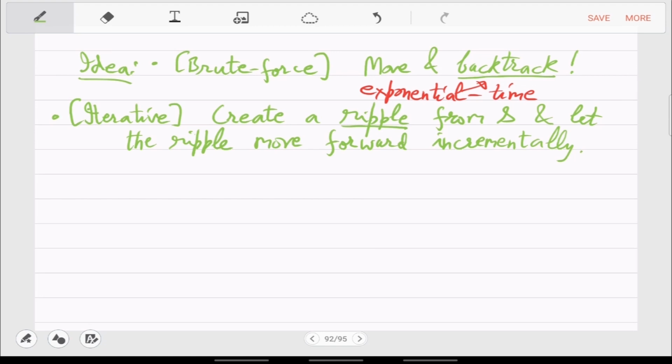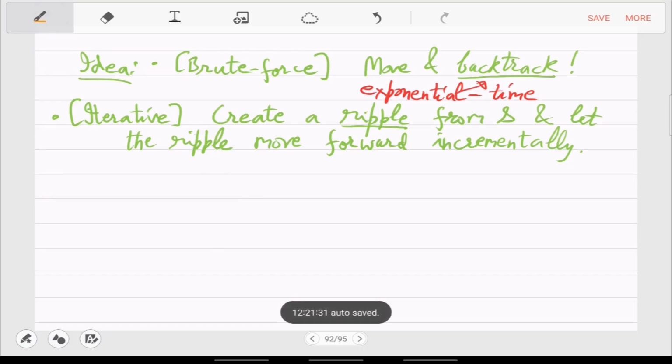This ripple idea means that S is your center, say in water or in a lake, and when you throw a stone at S, then the ripple is created which slowly grows. So it's ever expanding concentric circles, right? The ripple expands, and at distance d, it explores its neighboring cells, and it goes there. So it goes from d to d plus 1, then from d plus 1 to d plus 2, and so on. That is what you want to implement here in a pseudocode.